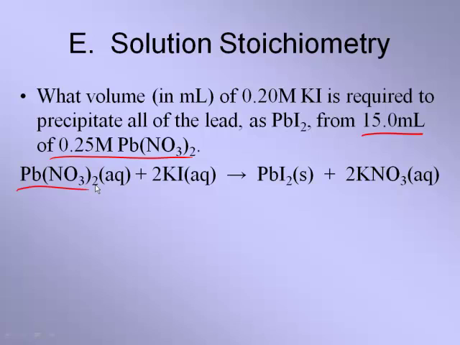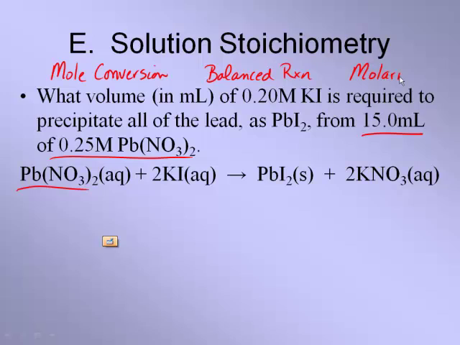Okay? Well, in order to do stoichiometry, the same rules apply. I need to do a mole conversion. I need to use my balanced chemical reaction. And because this is solutions, I'm going to have to do something with molarity. Well, since they give us volume and molarity, let's find moles. And we always start by writing down our formula. So they tell us we have a 0.25 molar solution,